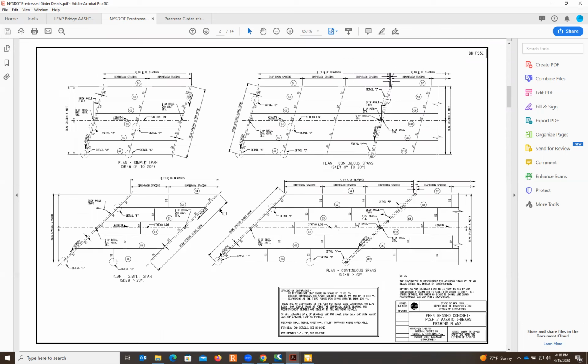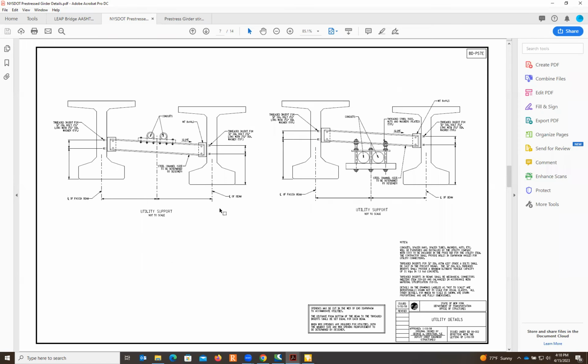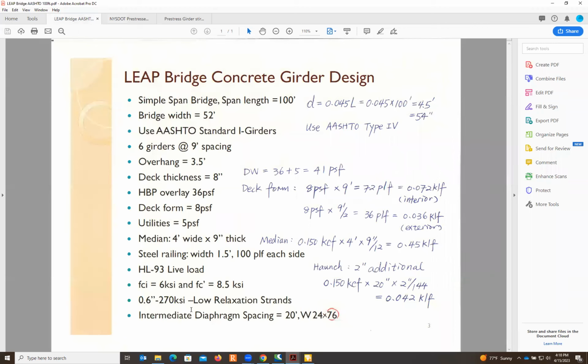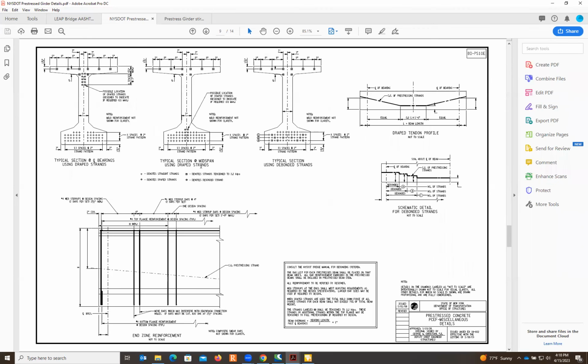Okay, so for our example, we do have this intermediate diaphragm spacing 20 feet and use the W shape 24 by 76. And if you refer to the girder details,